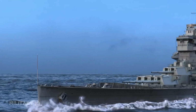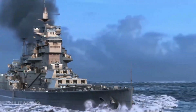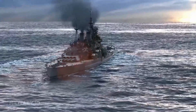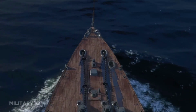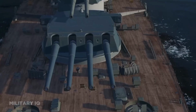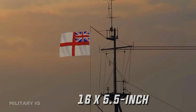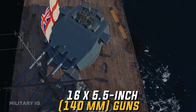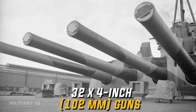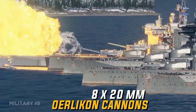HMS King George V was an imposing presence on the seas, measuring 745 feet in length and displacing a staggering 42,076 long tons. One of her most remarkable achievements was sinking 14 enemy ships during her service. This was achieved with her formidable armament, including 10 multiply 14-inch, 356mm guns, 16 multiply 5.5-inch, 140mm guns, 32 multiply 4-inch, 102mm guns, 8 multiply 2-pounder, 40mm guns, and 8 multiply